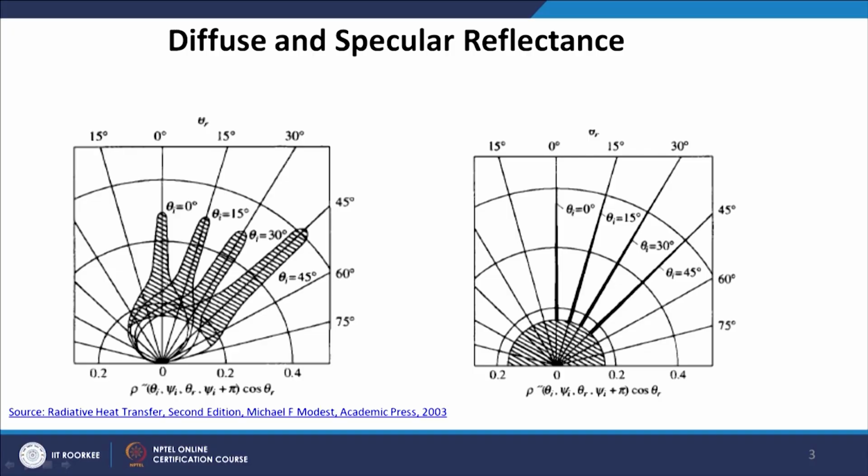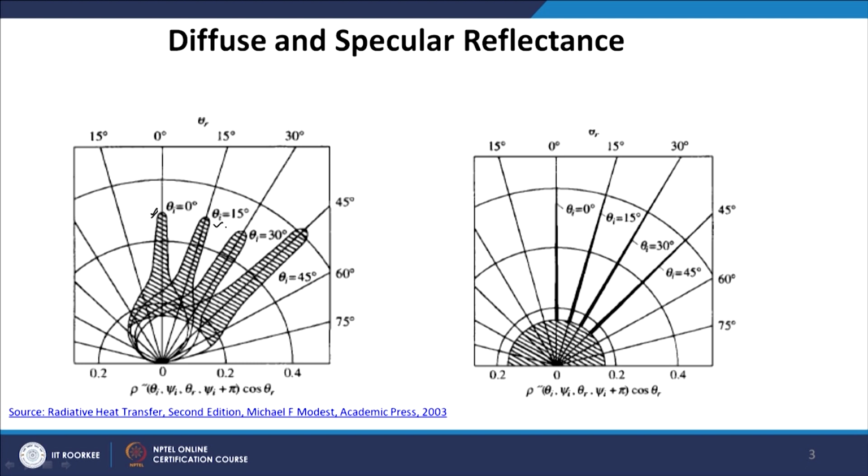Let us say we have a surface as shown on the left hand side. This surface is a partially specular surface. The reflectance is strongly dependent on direction, as is seen. It strongly reflects at an angle of theta equal to 0 degree and at an angle of theta equal to 15 degree and so on, but it also reflects at other angles between 0 and 15 degree, but the reflectance decreases gradually. So, this is the real behavior of a partially specular surface.